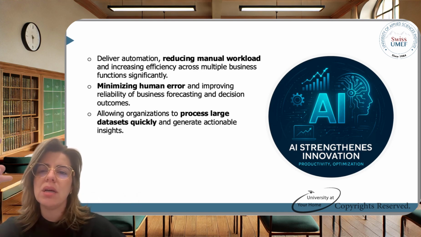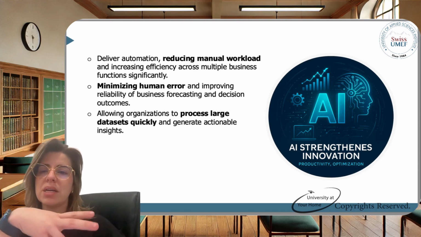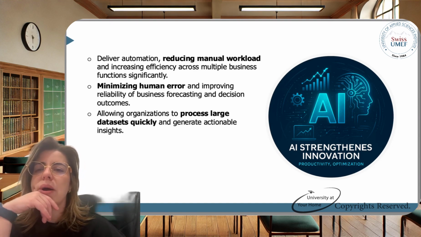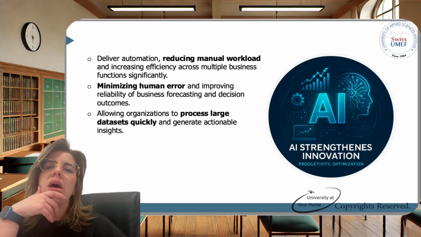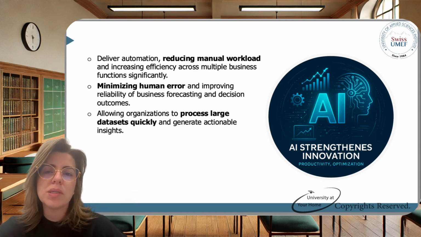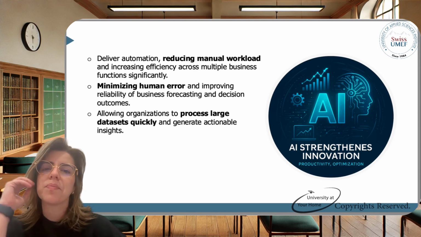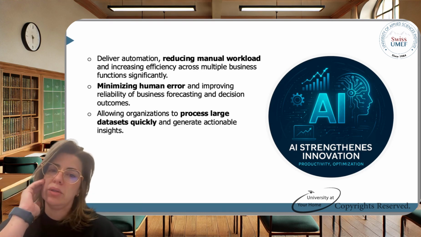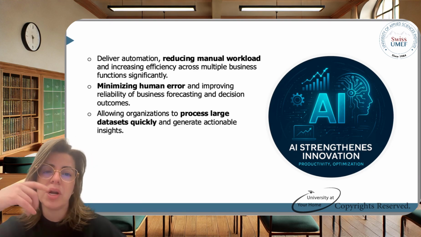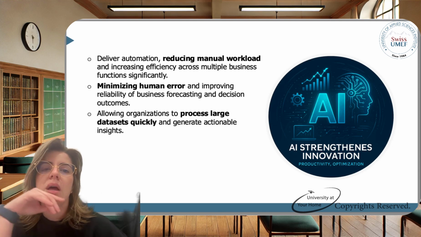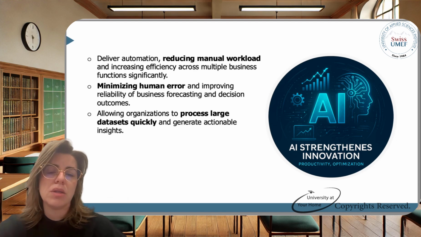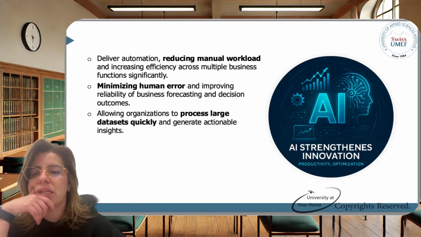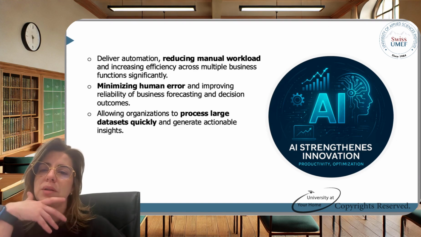The second point of value is how to minimize error. As we know, humans make mistakes. Humans get tired. We get distracted. AI does not. It improves the reliability of business forecasting and decision outcomes. That's the idea. For the third value,